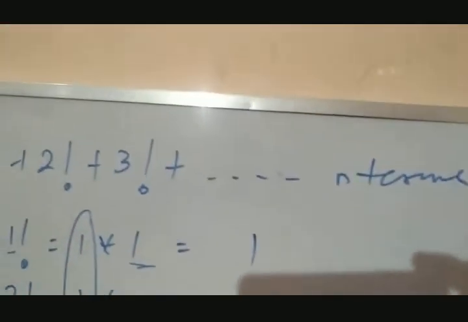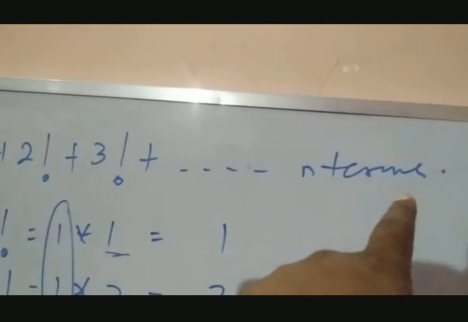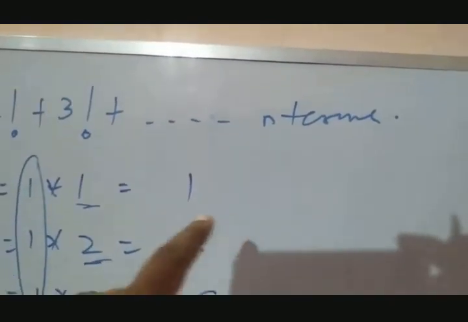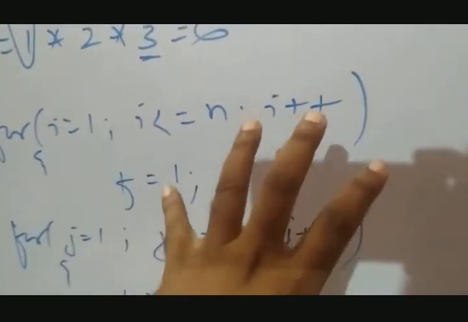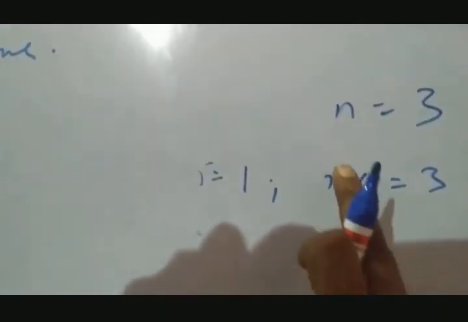I am not writing this program right now. I will be writing it, but right now we are trying to understand what a factorial is, how it is found, and whether we are getting these values or not. That is my motive right now. So n equals 3. Now we will come down. So i starts with 1, and i is less than or equal to 3.